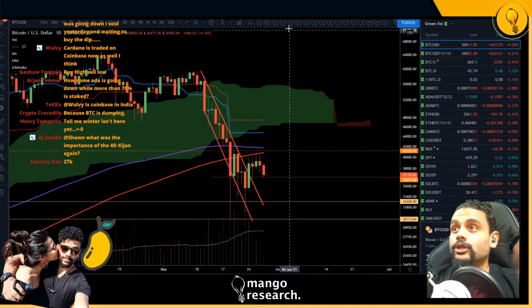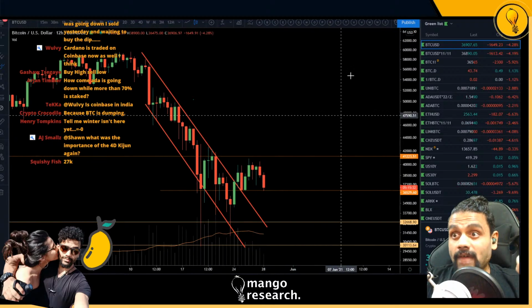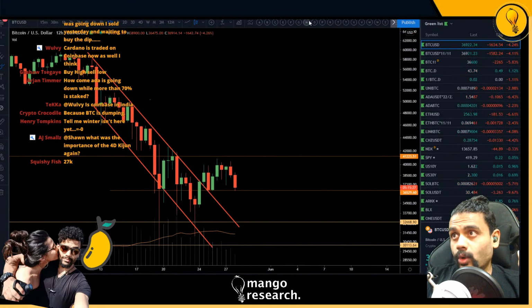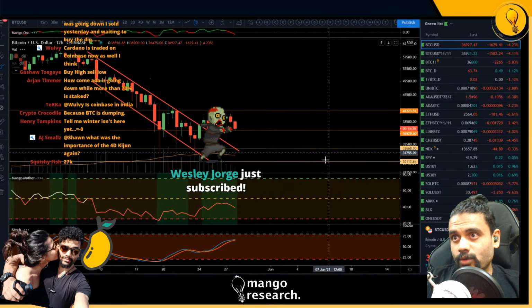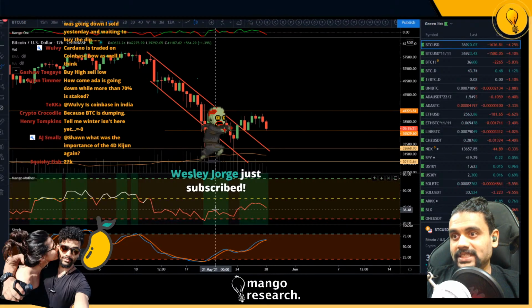We can go ahead and look at the lower time frames for the bears. The bears are loving this right now. We did see rejection. This is a lower high. This is a lower high. I wonder if we had bearish divergence right over there. Most likely did. Right over here, yeah, we did have bearish divergence.